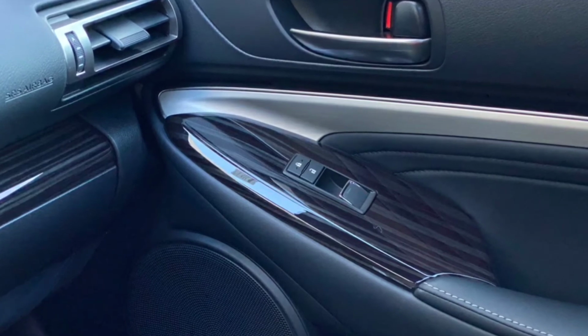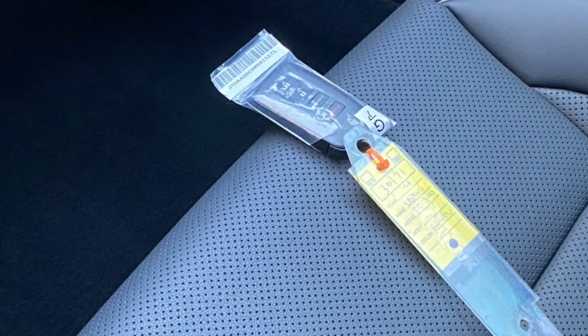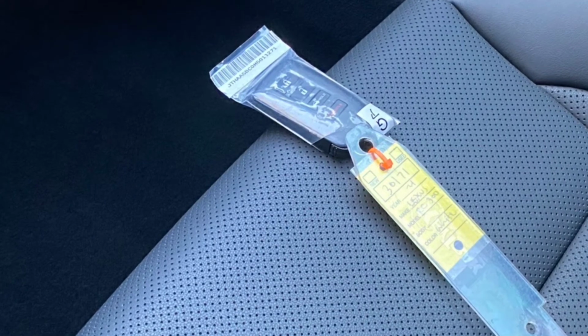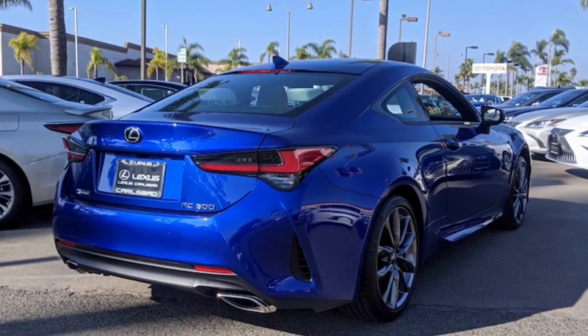The F Sport also comes with acceleration sound control, which is meant to enhance the driving experience with an artificial exhaust note piped into the cabin. I never really noticed it. If anything, I wouldn't have minded a bit more, but the level of noise fits well with the car's more